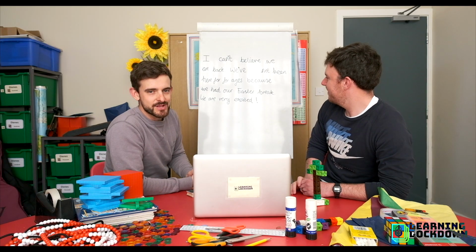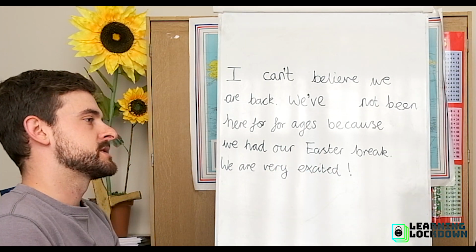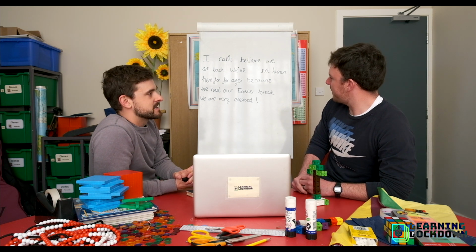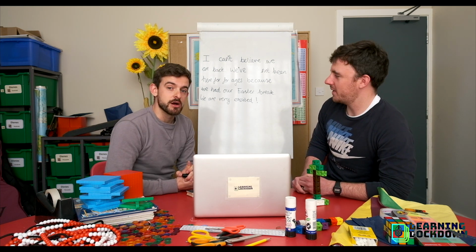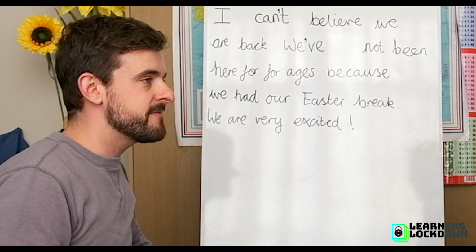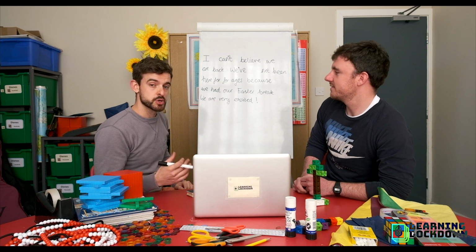And let's go down to our final sentence. We are very excited. What's one more contraction we can use there, Mr. S? I think if you put very and excited together, you get vexed. No, it's not a word. Moving on. It is the words we are. You even mentioned it before. Oh, I did, didn't I? I'm sorry. We are. They contract together to become